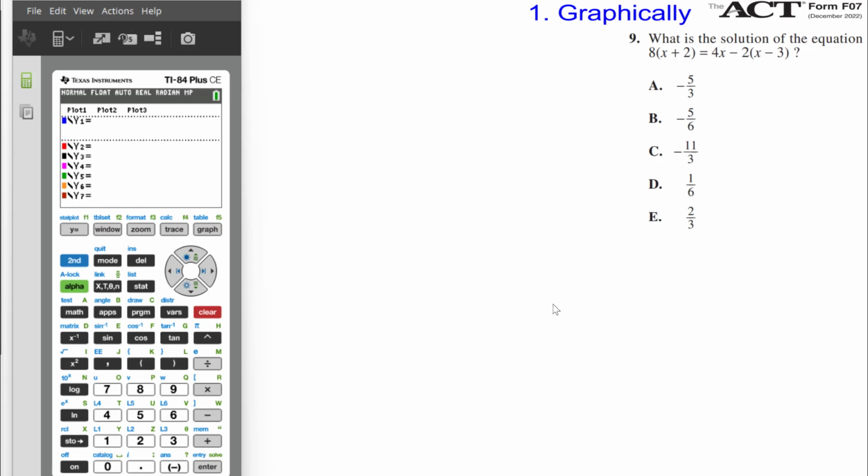Let's first look at graphically. So what I'm going to do is go into y equals, and I'm going to type the left-hand expression into y1. So that'll be 8, left parentheses, the quantity of x plus 2, right parentheses. That'll be in y1. And y2, I'll type in the right-hand side, 4x minus 2, and then the left parentheses, the quantity of x minus 3 in parentheses. And I'll go ahead and use my favorite window